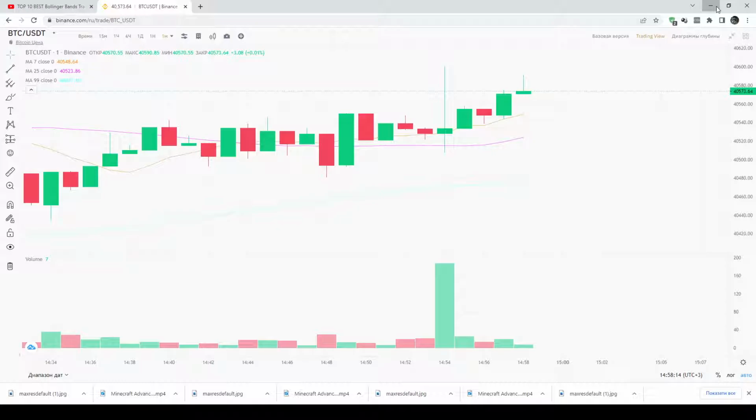You can also apply it to the MACD. A common strategy is to find double tops on the MACD during downtrends at the upper Bollinger Band, or double bottoms during uptrends at the lower Bollinger Band. This is a great way to find price spikes on the chart. Or you could apply it to the stochastic indicator